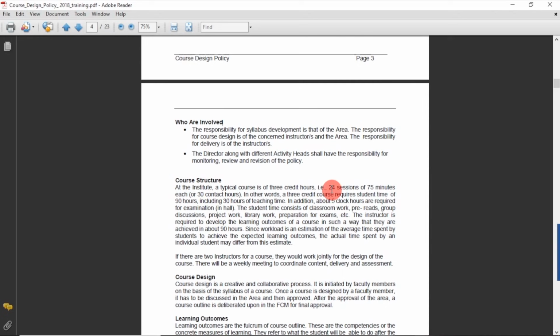So in 30 hours, a teacher is required to complete the course. Now 30 hours was involving 24 sessions, as one session was for 1 hour 15 minutes. That means one period which the teacher used to take in the class is for 1 hour 15 minutes. So this is discussed that we are going to follow a session of 75 minutes, and each subject will be for 30 hours.